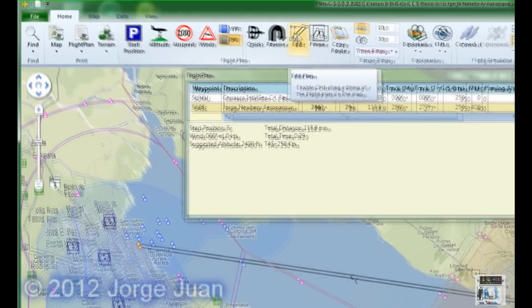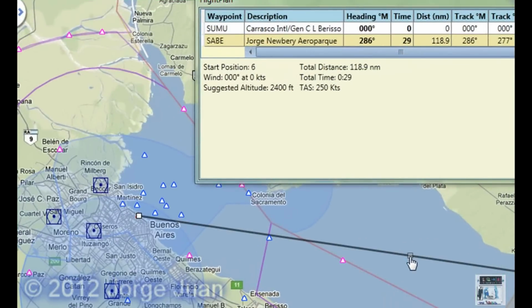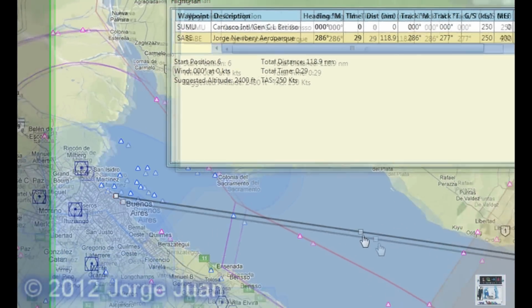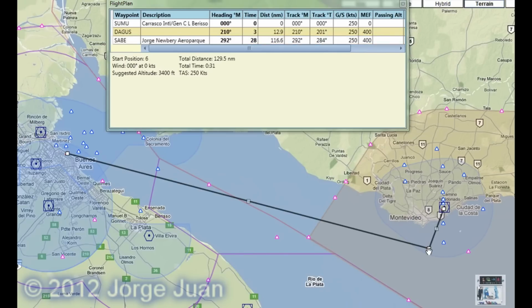tab and click on the edit icon, and what that does is put a handle in the middle of the route, or between two points I should say, that you can click and hold and then drag to a point where you want to put on your plan. I want my first one to be Dagus, and now I have two handles, one between two points, and I'm going to drag this one